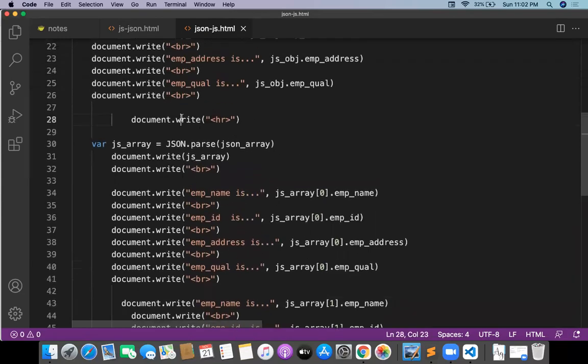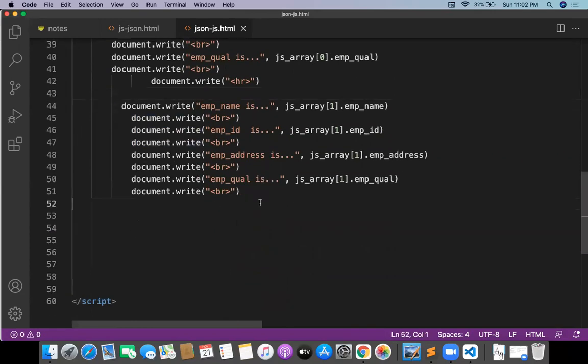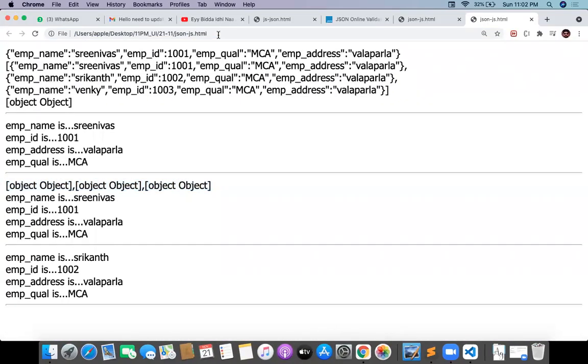And let me take an HR here also. Every time I'm taking an HR, horizontal row. When I take a horizontal row, you can understand how things are happening with this one. First one is Srinivas, second one is Srikanth. I got the second object. Try to observe this. This is the array. Array is nothing but a collection, right?